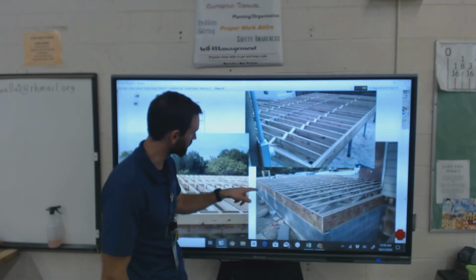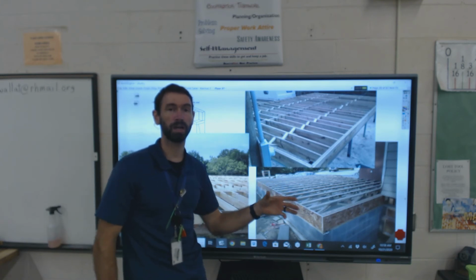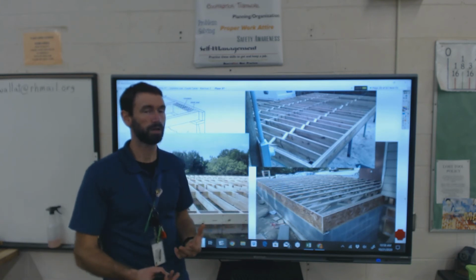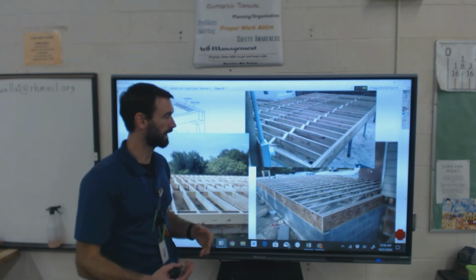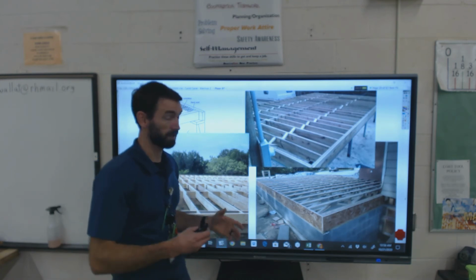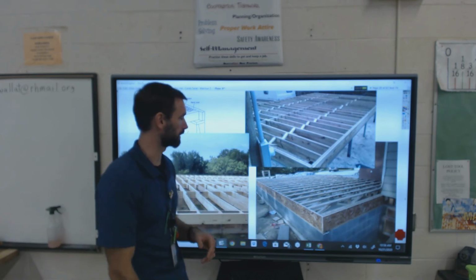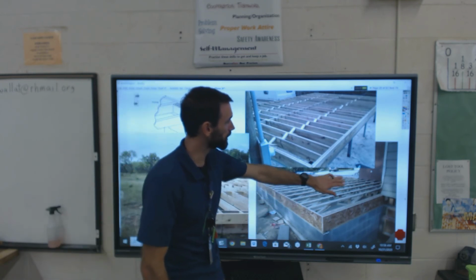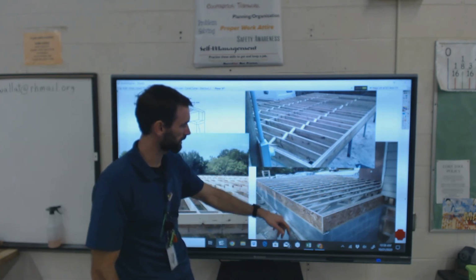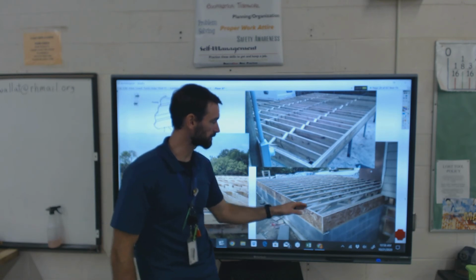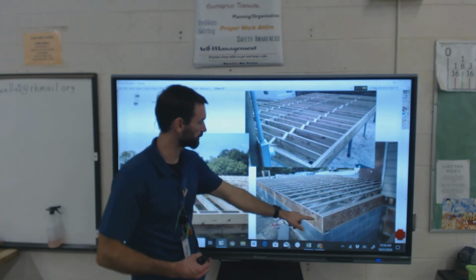You've got the sill plate on top of it, but the type of joist that they use and the type of header and rim joist they use is different. It's a little higher quality, it's better, it's faster to install, but it is also more expensive. And I'll talk more about the differences in joists in the next video. But they're using floor trusses here. Now, typically when you use floor trusses, you've got a couple of options for your headers and your rim joists. What they chose to do here is use a material